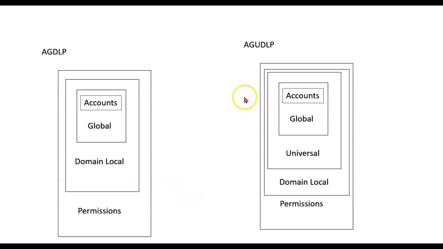The other option is if you're going to use universal groups, then you use the AGUDLP. Accounts into global groups into universal groups nested into domain local groups, and then apply permissions to those domain local groups. Again, it's confusing. I understand it's confusing, and if you work hard enough at it, you can kind of